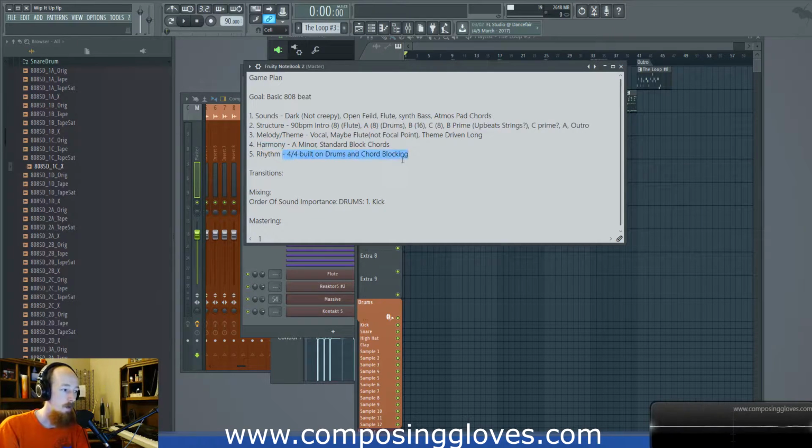And then rhythm, I said I'm going to do 4/4 built on drums and chord blocking. So this is a background element move. I said I'm just going to use my drums to outline my rhythm principally, and I'm going to use chord blocking to just help out the drums. And that's all I'm going to do. You could include things like going to intertwine with melody, going to do this, going to do that. So there's room for just tons. If you can think of writing it there and having it as a forethought before you begin creating,